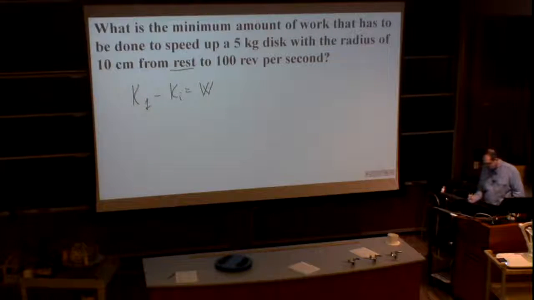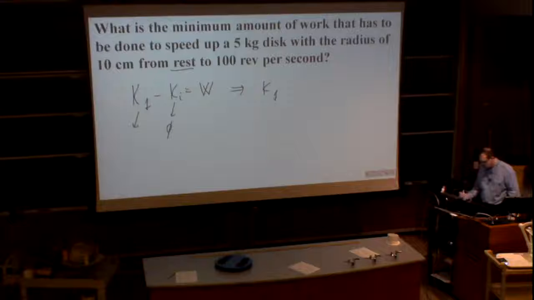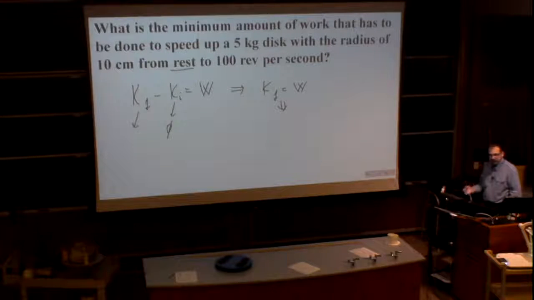If it starts from rest, initial kinetic energy is 0. Final kinetic energy is the number we are looking for because it will give away the answer about the work which should be done. So all we have to do now is just apply an expression for rotational kinetic energy,